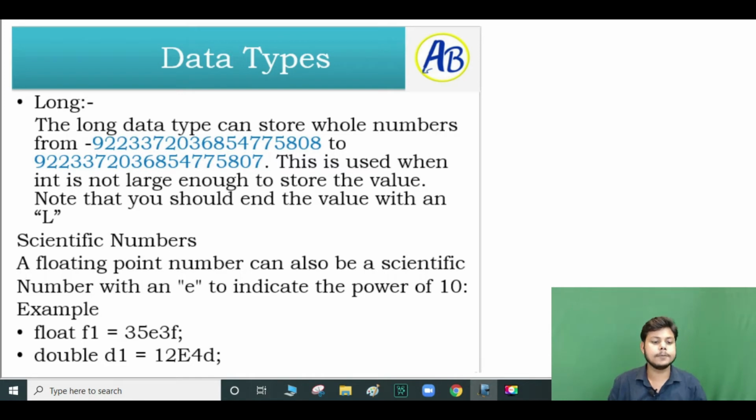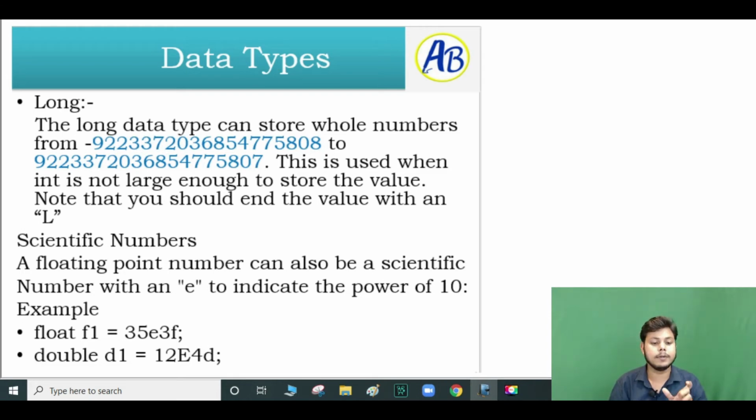The long data type can store whole numbers from this much to that, but it is the integer part, used when int is not large enough to store the value. When the integer cannot accept that much data, then we go to long. Here we have to note the letter L, which you must remember. And scientific numbers can also be used in Java.